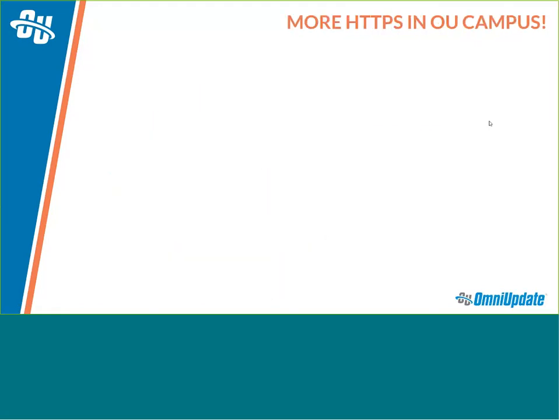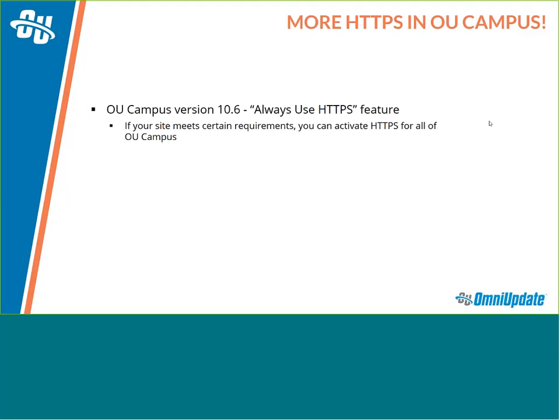But moving forward, looking ahead to new things that will be coming into OU Campus fairly soon: we have OU Campus version 10.6, which is going to be coming out fairly shortly. One of the features that's going to come out with version 10.6 is something we call Always Use HTTPS. With this feature, if your site meets certain requirements, you can activate HTTPS for all of OU Campus. For a little bit of context, I had another bullet point up here. I'm not quite sure why it didn't show up yet, but